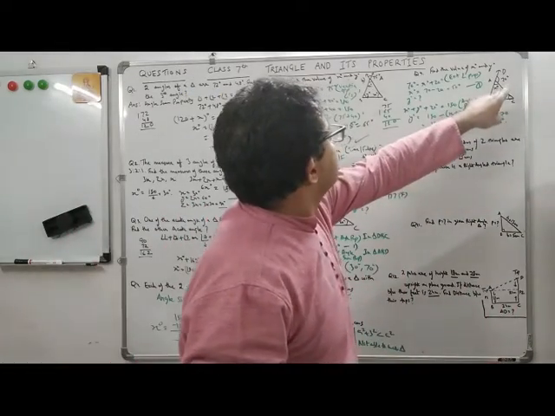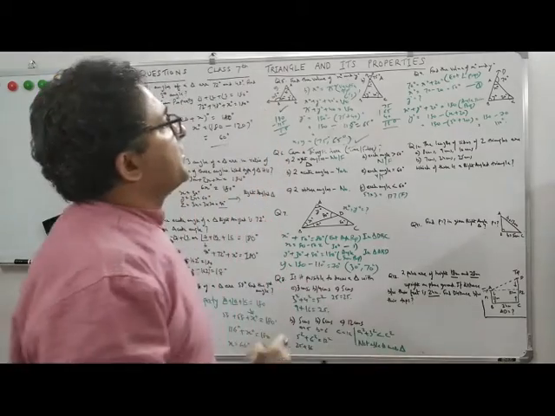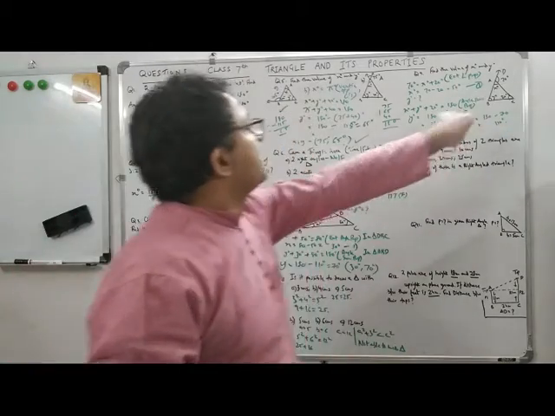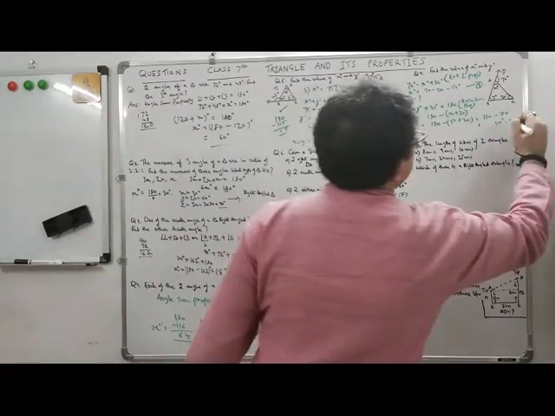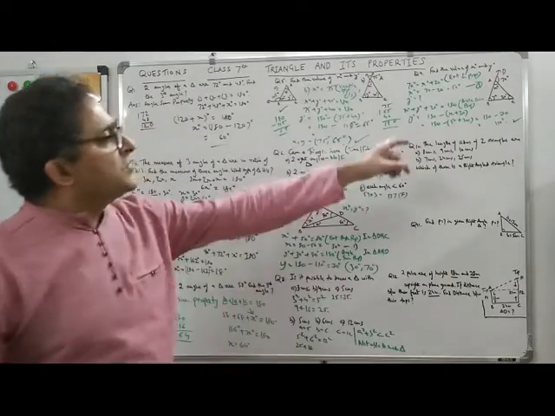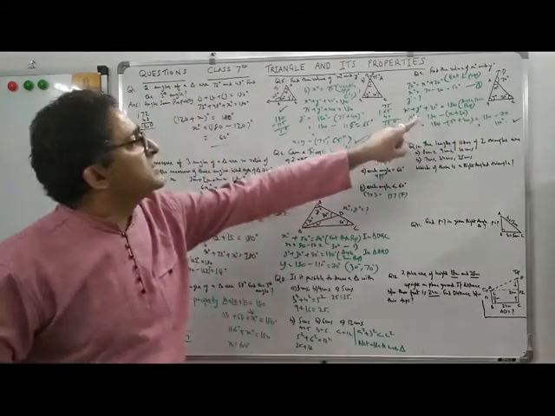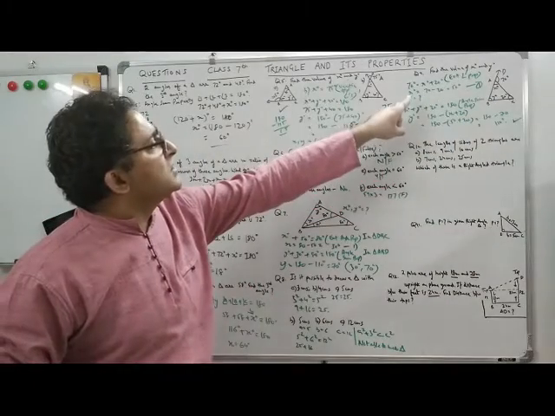110 plus 50 is how much? 160. 160 plus 20 is 180. Perfect. So this is correct. We can always check. So we can always check, because now what happens here, x degree is, you always know x is by the